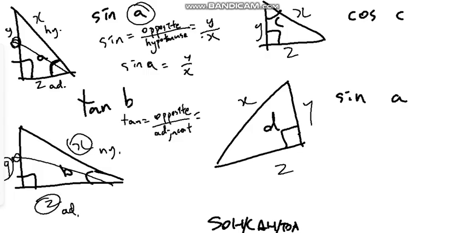So we just plug them in as usual: y out of z. For here, cosine C. I guess I don't even have to explain this anymore. This is the opposite. This is the